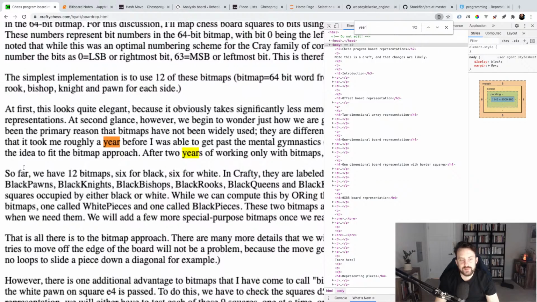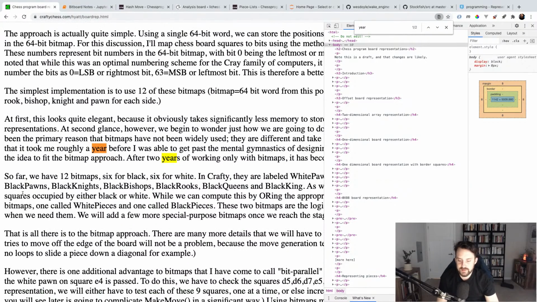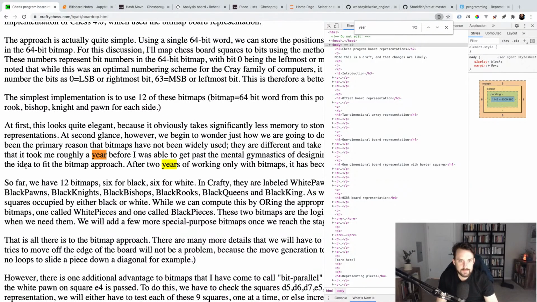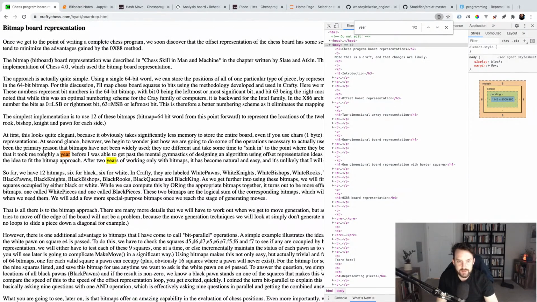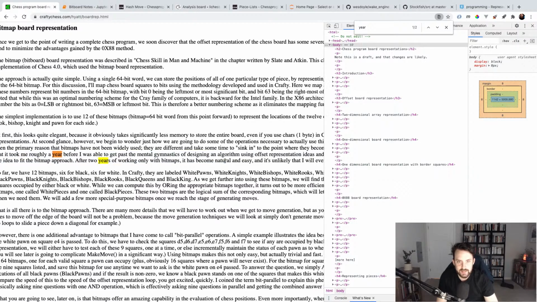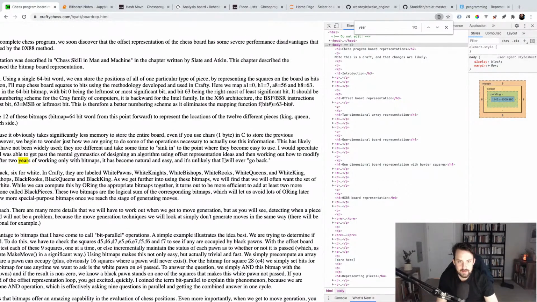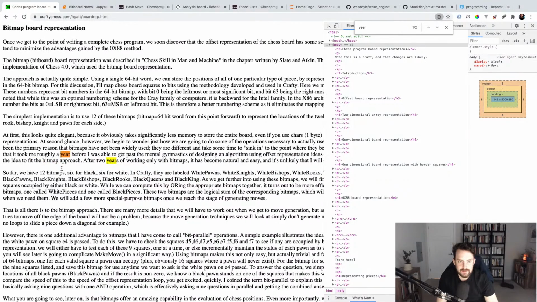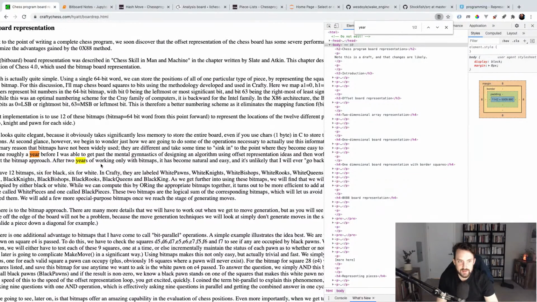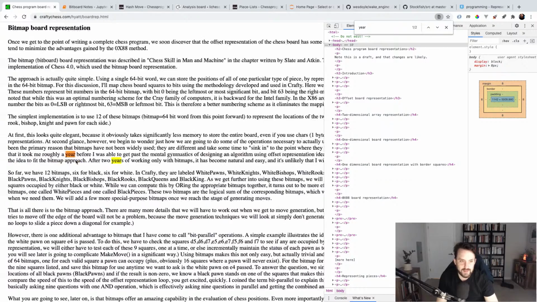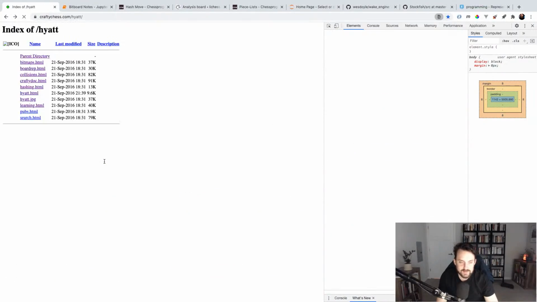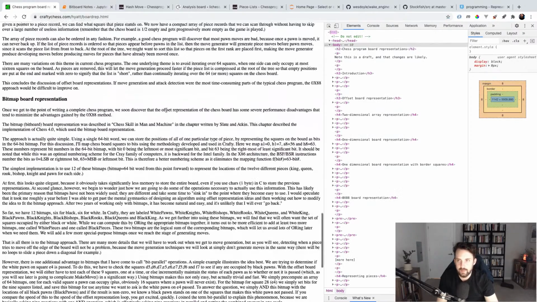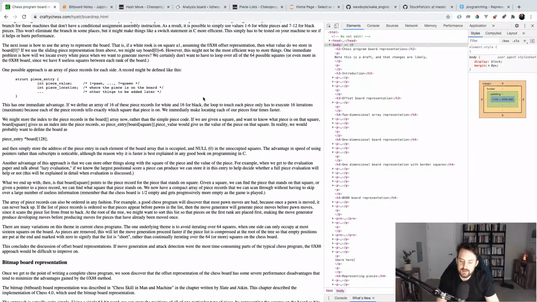This one gave me some hope since I still don't understand bitmaps totally. At least Robert Hyatt says that it took him a year before he was able to get past the mental gymnastics of designing an algorithm using offset representations, and after 2 years of working, make what he had fit the bitmap approach. So he had to unteach himself the offset methods, and luckily I'm starting with the bitmap approach. So with regards to hotspots of the potential competing pawns,